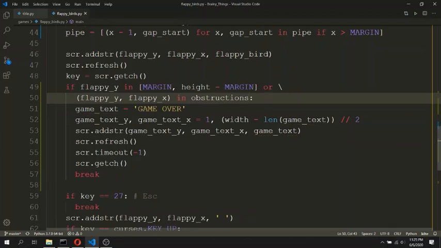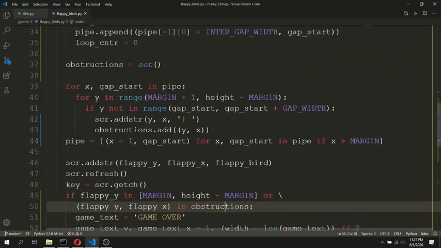The reason why we have selected this obstructions to be a set data structure was because checking if any element is in a data structure or not is the fastest in the set data structure as compared to list or tuples.